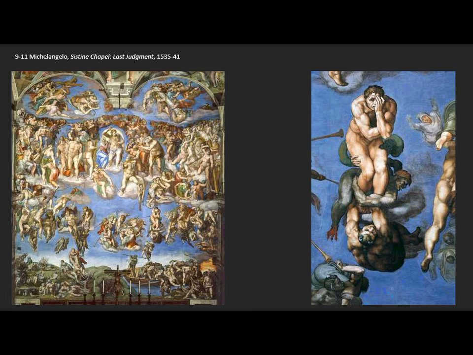Also amplified is the sense of emotion. Michelangelo's figures seem absolutely terrified. They'd always been animated by some inner vibrancy, almost an inner anxiety. But at this point in his career, they're absolutely terrified. And this figure, of course, is right in the line of Christ's wrath that leads from his hand down to hell in the lower right corner. So he pretty much has every reason to be terrified.